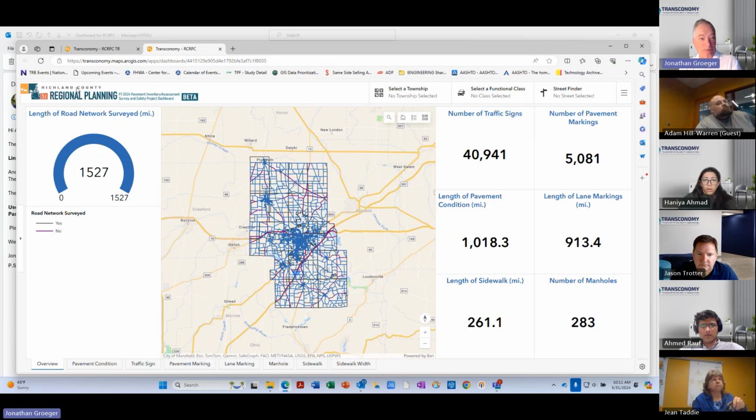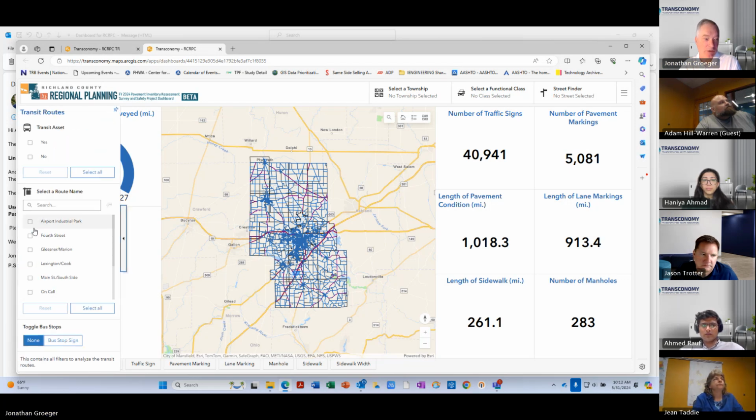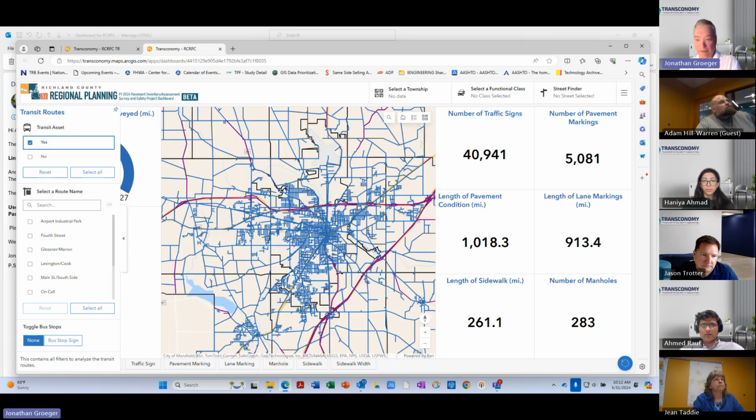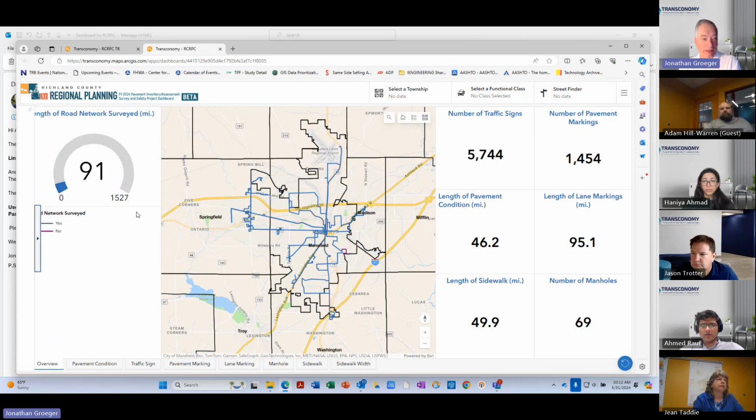Okay, here's the big dashboard that I sent to Adam. You'll notice there's no TR next to it now. But if you click on this little sidebar, you can get all the assets that are on the transit routes. It'll take a second to redo itself. So yeah, there you go. Then you can just close this out, and you're just going to get your transit routes,